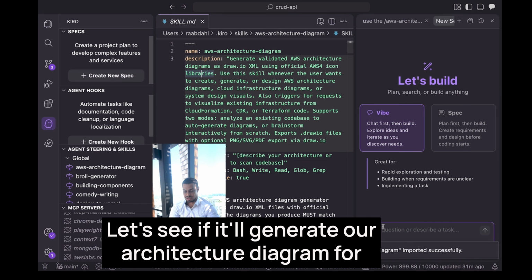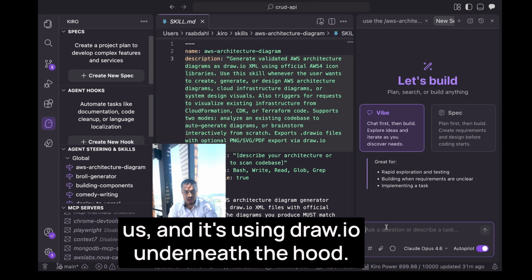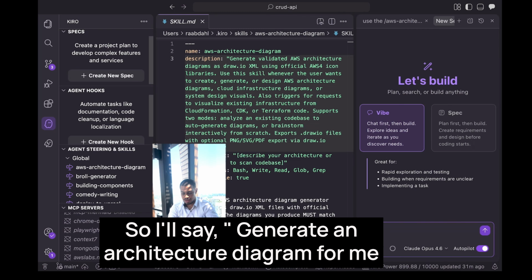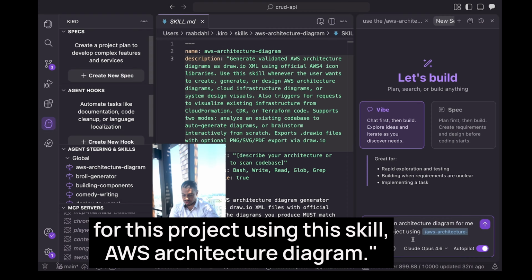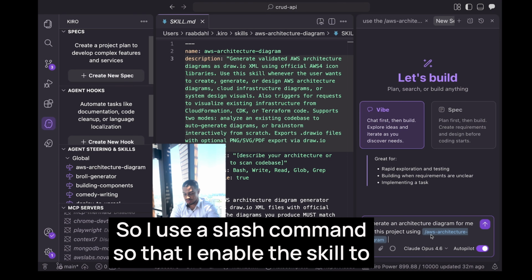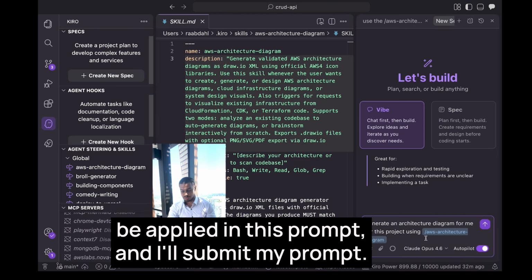So let's take a look. Let's see if it'll generate our architecture diagram for us. And it's using draw.io underneath the hood. So I'll say generate an architecture diagram for me for this project using this skill, AWS architecture diagram. So I use the slash command so that I enabled the skill to be applied in this prompt, and I'll